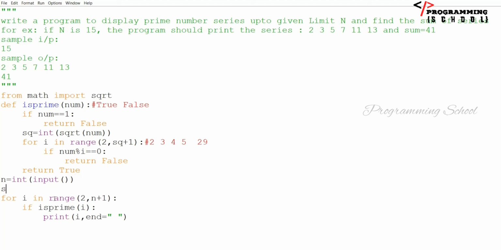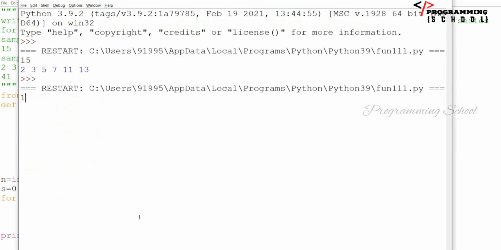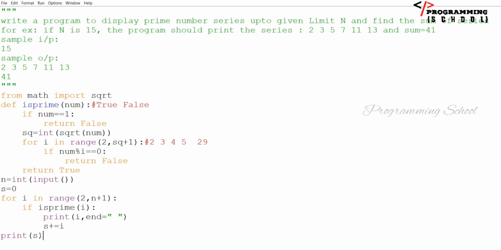But here I am going to take some count. I will write sum is equal to 0, and s plus is equal to i. I'm going to add all the values, come out of the loop and print. If I execute with 50, the output is going to be 41. I have to print like this.